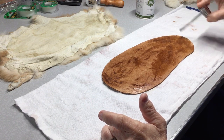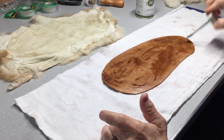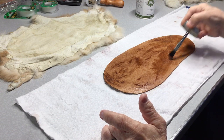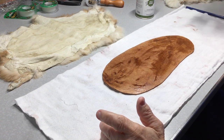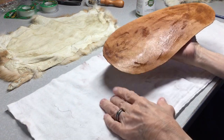But the first time you open one of those cans, you're going to understand what I'm talking about. Well-ventilated area. And just kind of get your high points off of it a little bit. All right. And then what I'll do,